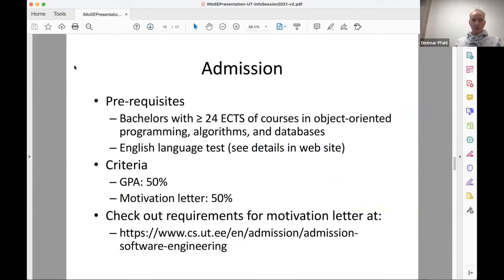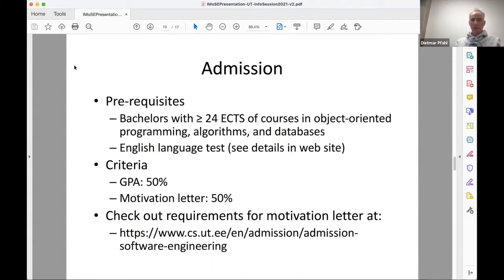For the admission to the program, you know that you have to write this application. Eero has already explained a bit about how that works, where you have to submit your applications, what you have to submit. In the software engineering program, we make a relatively clear statement in the description of what requirements you have to have: you must show that in your bachelor's program you had at least 24 ECTS of courses successfully completed which are closely related to computer science, and ideally maybe you have taken a basic, bachelor level software engineering course.